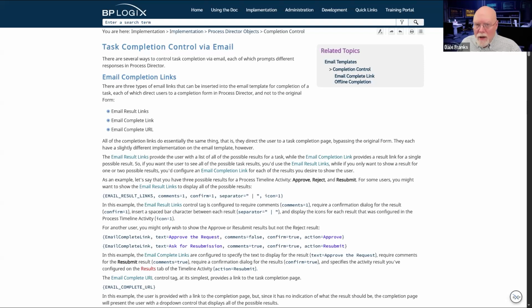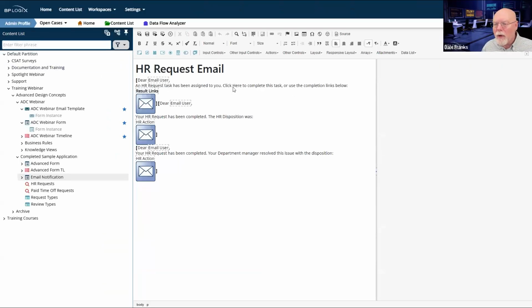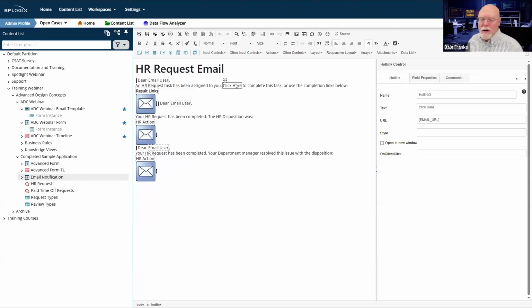Our recommendation in most cases is that your email template enables people to click here to open the form and complete their task via the request form. The request form is going to have all of the information that they could possibly want about the request.